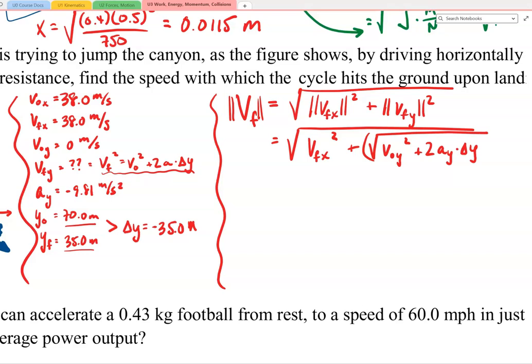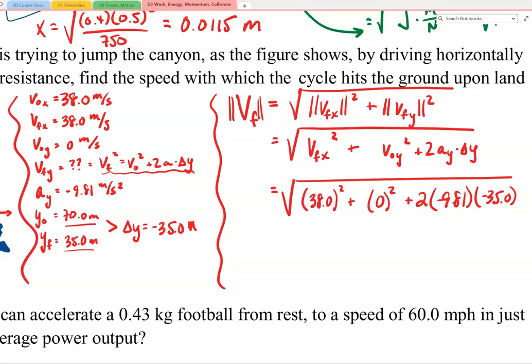So that quantity would then need to be squared, but we know that the square and a square root are inverses of each other, so they'll cancel each other out. So here's a good expression, and I think we have all the components that we need. And if we substitute our known quantities for the initial velocity in the x direction and the y direction, as well as our acceleration in y and the displacement in y, we see a setup that looks like this. And according to the calculator that I have off screen, it's showing a